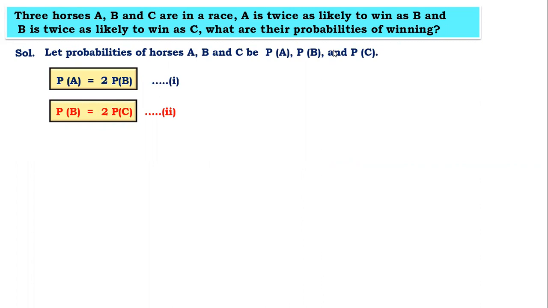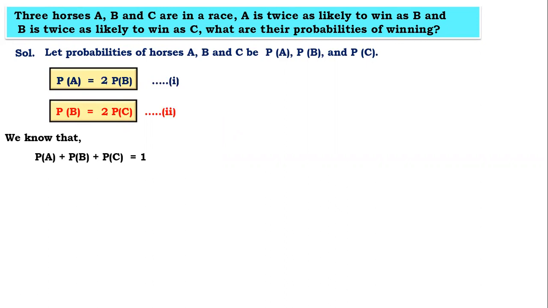Because there is nothing else given in the sum and we have to find the probability of winning, I know that three horses are running a race. Either A will win, B will win, or C will win. There is no other possibility. We are assuming there will be no tie, and this sum can be solved only when there is no tie, because we're not taking permutation and combination into consideration. So if I add all the possibilities, the answer will be 1. So P of A winning, P of B winning, and P of C winning, if I add them up, because there are three horses, the answer will be 1.